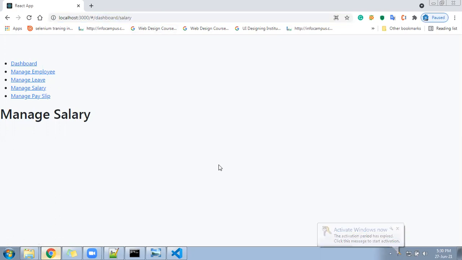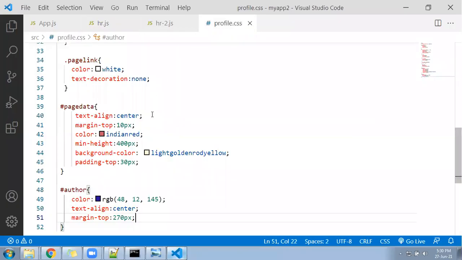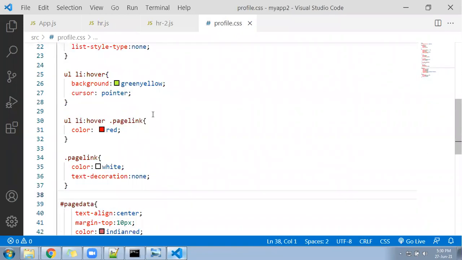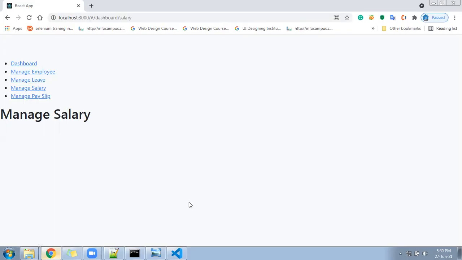Now the next matter is to apply the CSS, so for that I'll guide you. I have already created one CSS file called profile.css. Inside I have written some CSS, right? That CSS I'm going to apply, since in your project the look and feel can be different, correct? At last, I will provide the source code in my description box. You can download it from there.